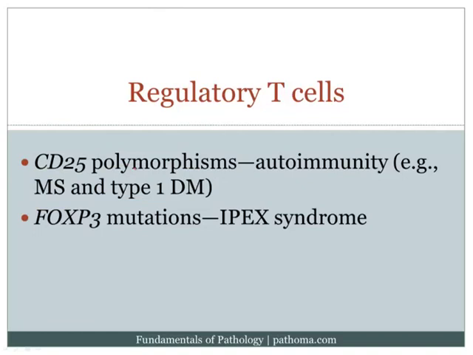Another important thing to recognize is that FOXP3 mutations result in autoimmunity, in particular a very particular syndrome called IPEX syndrome. The I stands for immune dysfunction, the P stands for polyendocrinopathy, the E stands for enteropathy, and the X stands for X-linked. And so what happens in these patients is they get autoimmune dysfunction, which then results in endocrinopathy. And the endocrinopathy can be thyroiditis with inflammation and destruction of the thyroid gland, or type 1 diabetes with inflammation and destruction of the islets in the pancreas.